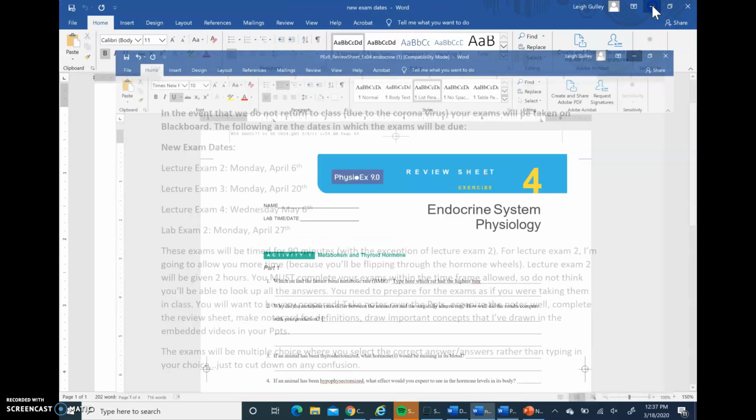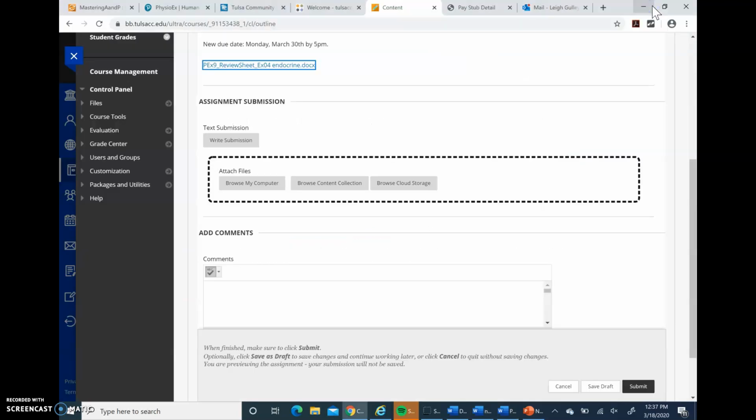And then what you can do is come back to here and click Browse My Computer, select that document. It will upload the document, and then you come down to the bottom right-hand side and you hit Submit. And that will submit your assignment into the submission link. And then I can go in, open it up, grade it, give you points, and that will upload into your